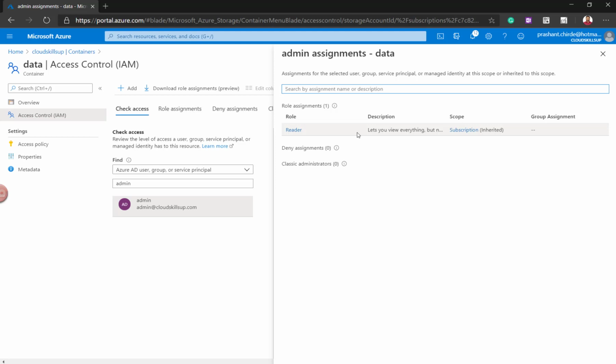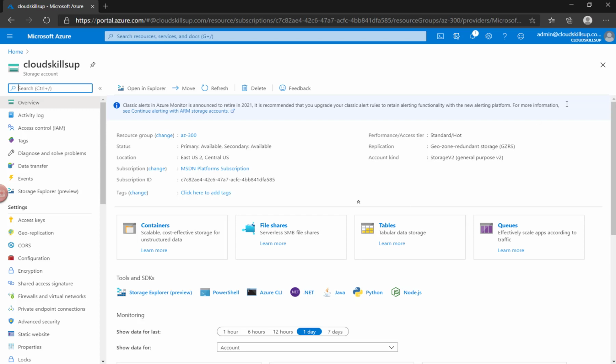Let's try to log in with that admin user and find out whether we are able to do some activity, or whether we are able to read that container or not. So here I am logging in with the admin user, and you can see I am on the same storage account.